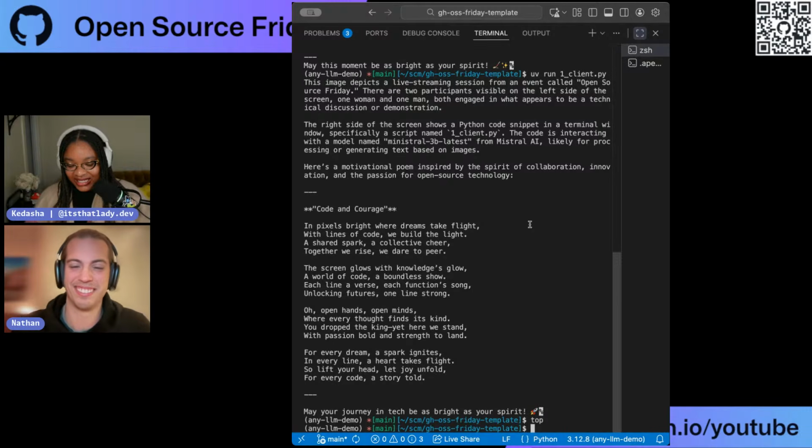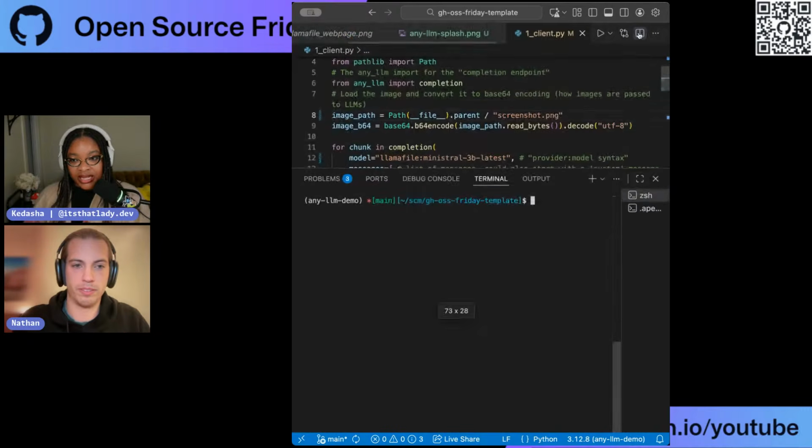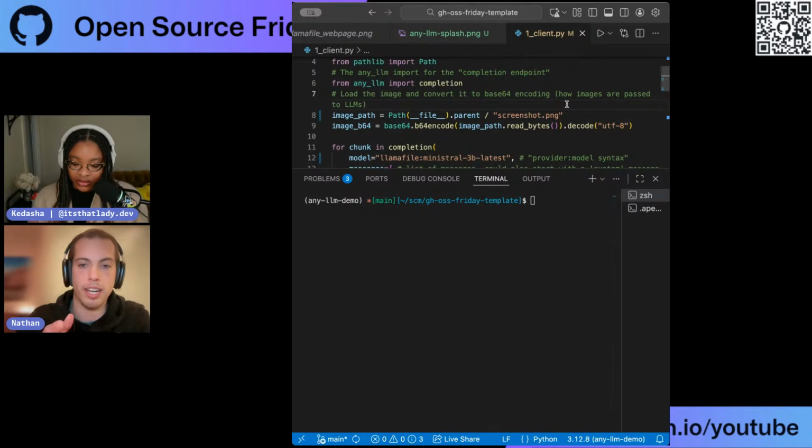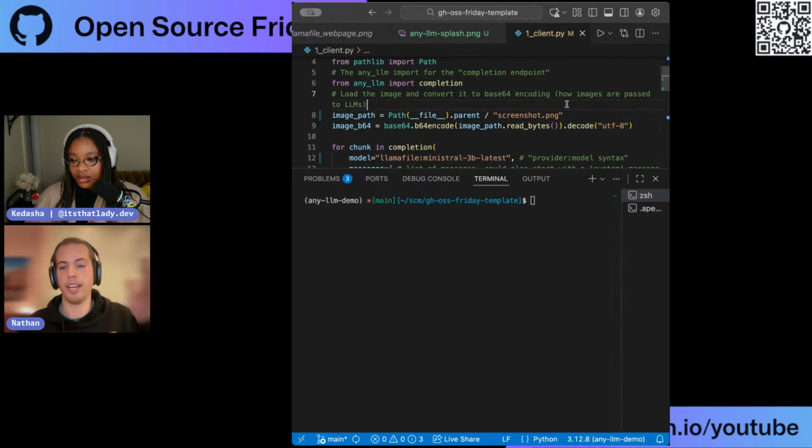So tell me more about the llama file. Is this something that's auto-generated by any LLM? What does it look like? Yeah, it's a great question. It's a different project, so it is a different repository in our organization, and people contribute llama files. If you're somebody that wants to contribute, you say, I want this model, and I'm going to bundle this up as an executable for people. Then you compile it together and you share it, and then anybody can download it.